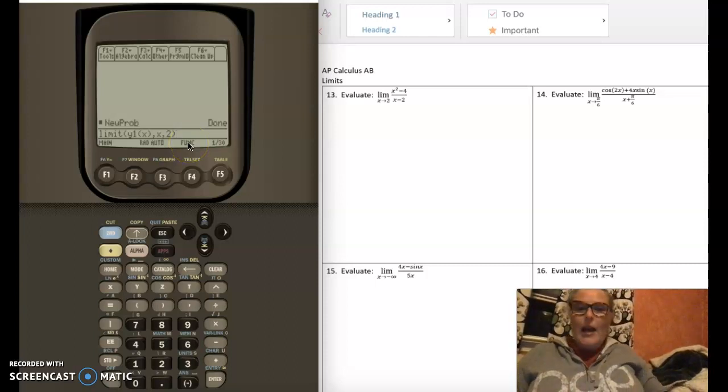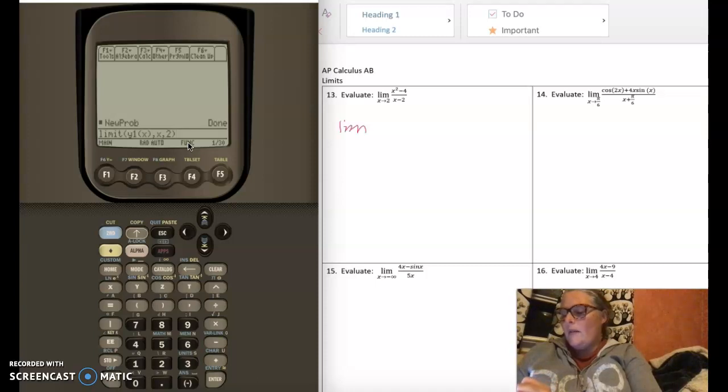So again, I would write that down in your notes because that's the part that people forget. So you're going to do limit, and then y1 of x, the function that you're taking the limit of, the variable,